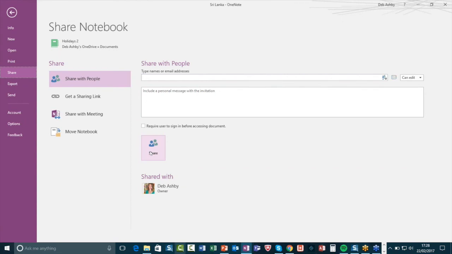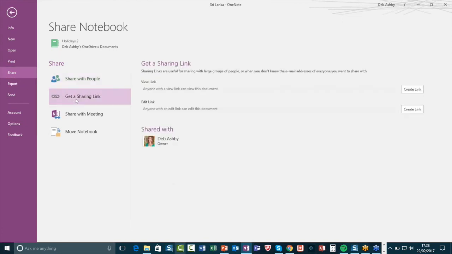However, occasionally, maybe you've created something that needs to go out to lots of people, maybe your entire department, so maybe there are 100 people in that department. It's going to get pretty tedious if you have to type in 100 names into here. So what you're going to want to do in that case for lots of people is get a sharing link instead. Depending on if you want them to be able to view or edit, you would select Create